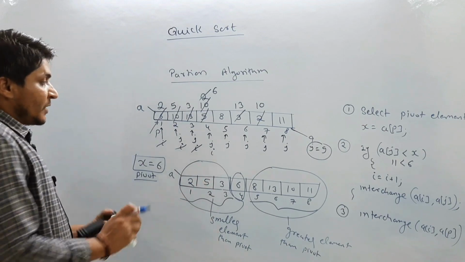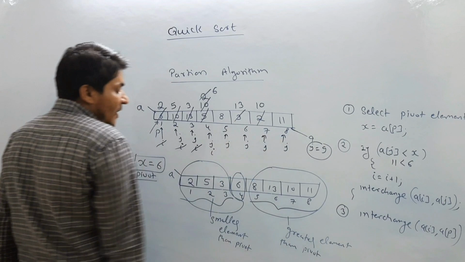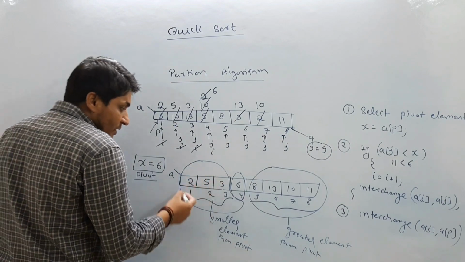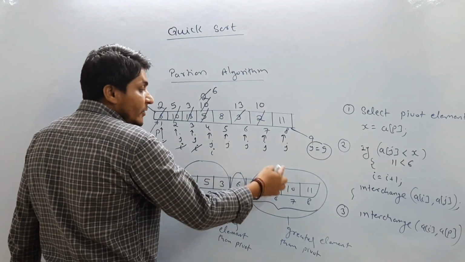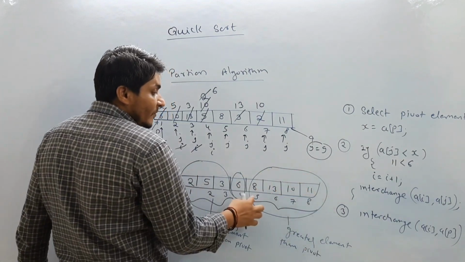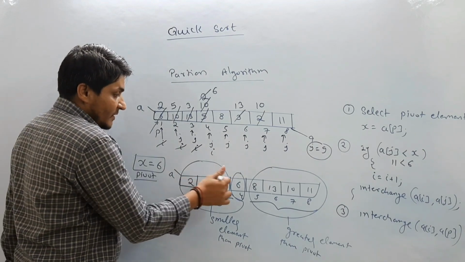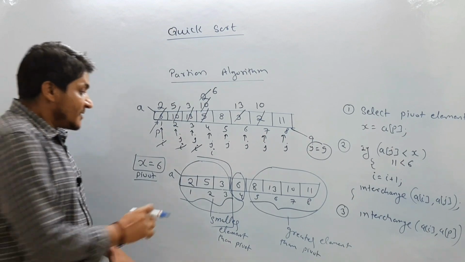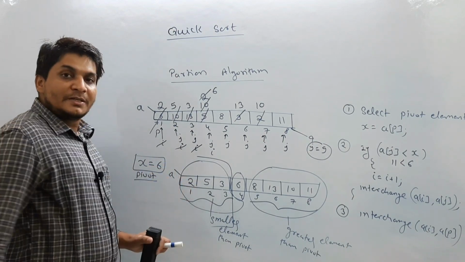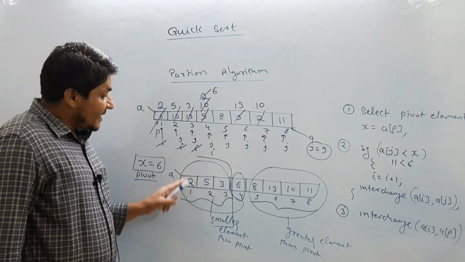So what you will do now, previously you were having that problem 1 to 8. Now you will perform partition on 1 to 3 because this is an unsorted array for you, and similarly you are going to perform the partition algorithm from 5 to 8. In this case, let's suppose this is the problem, you are going to assume 2 as the pivot element. After partition, this 2 is going to be at its correct position.